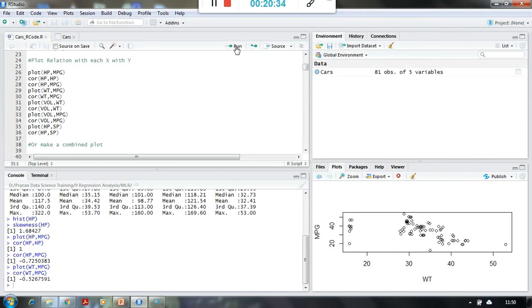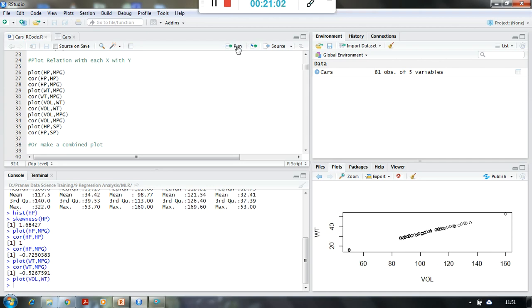As we know, when we were learning the scatter plot and correlation coefficient, we saw that if the correlation coefficient is somewhere between 0.5 and 0.85, then we say that it is moderately correlated variables, or the two variables are having moderate correlation. But if it is closer to 0.5, then it is actually going towards a poor correlation.